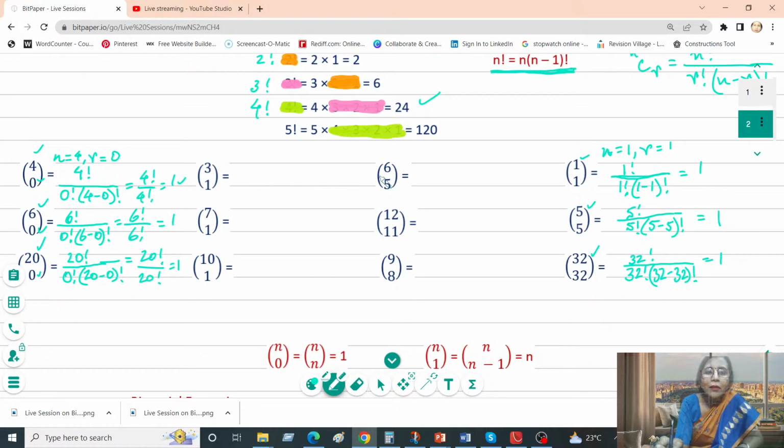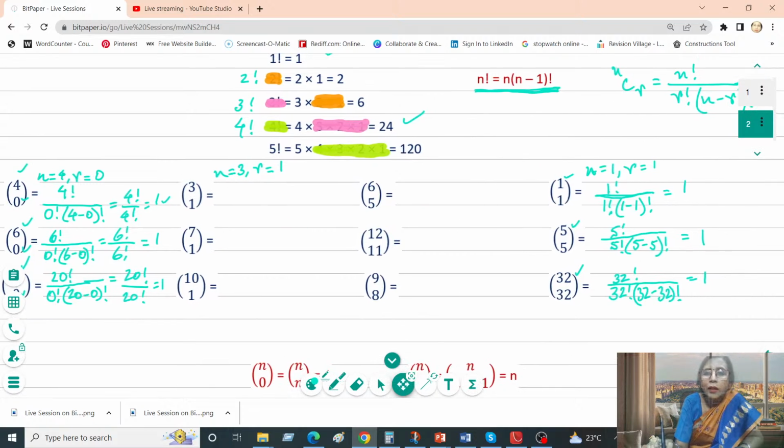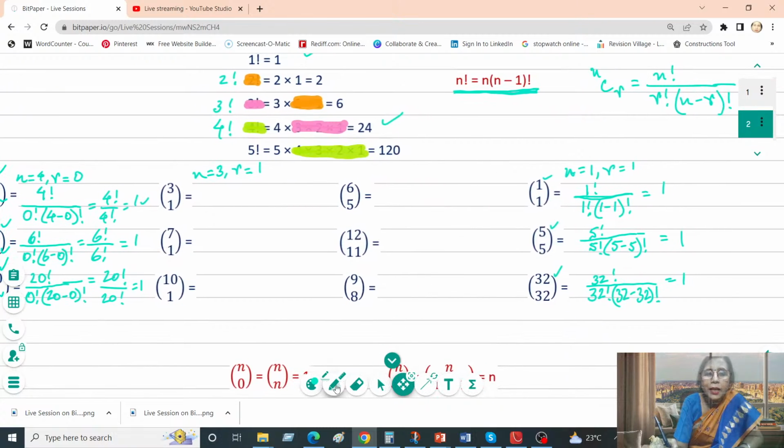Okay. Now coming to the middle two columns, rather. For this, n is equal to 3 and r is equal to 1. So the formula is n factorial over r factorial times n minus r factorial. So it is 3 factorial over 1 factorial times 3 minus 1 factorial,